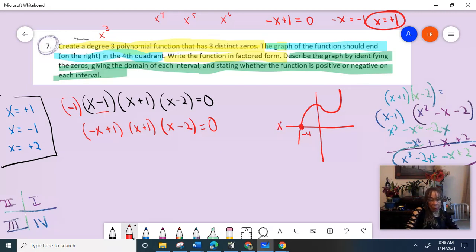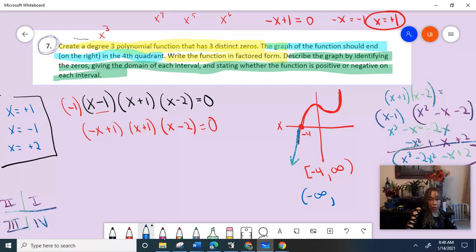So this thing would be positive from -4 to infinity, because all this piece is above the x-axis. That's all positive. And it would be negative when it's below the x-axis. And that thing would be negative from -infinity